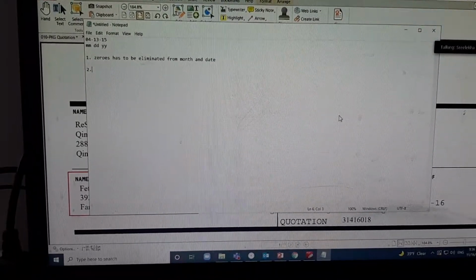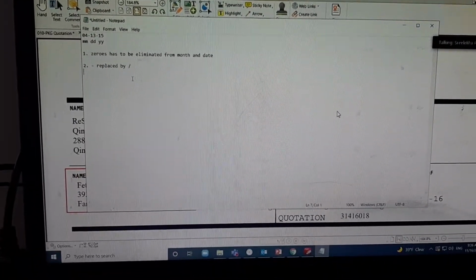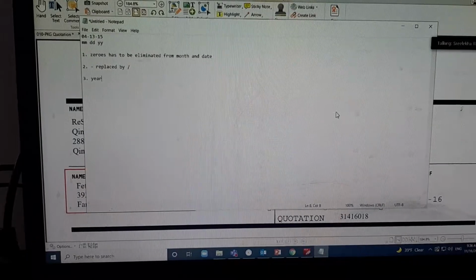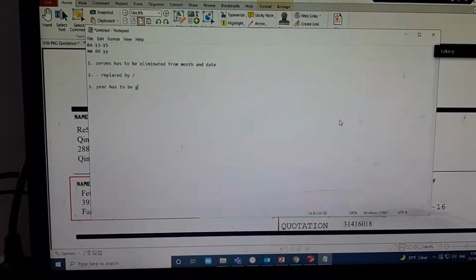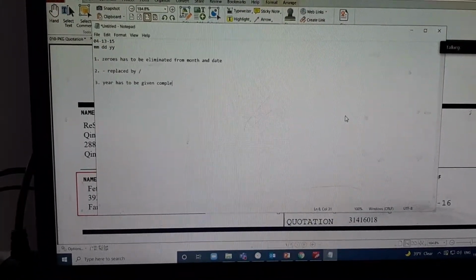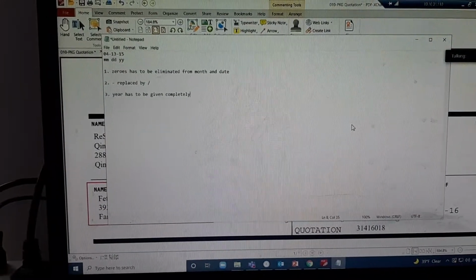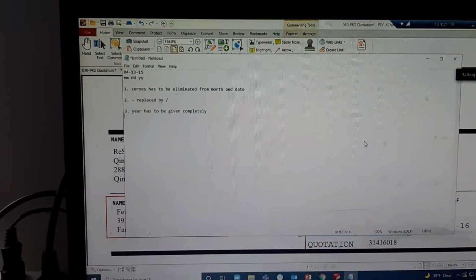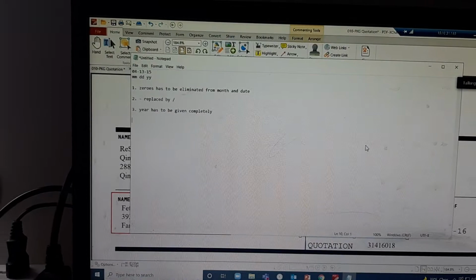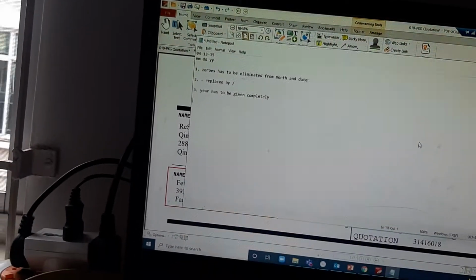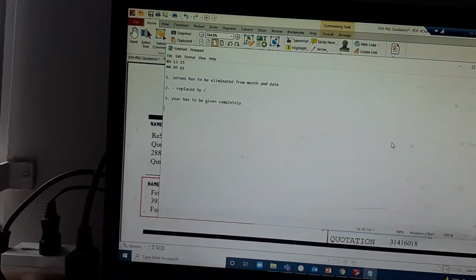Coming to the second rule. And the third rule, the year has to be given completely. So now by applying these 3 rules, tell me how to update the date.